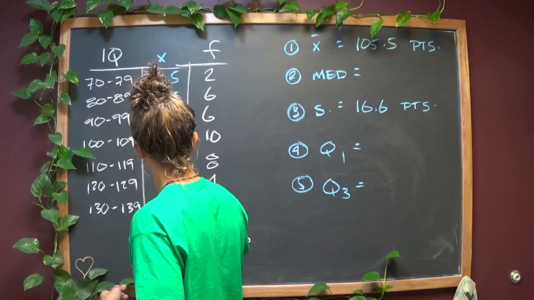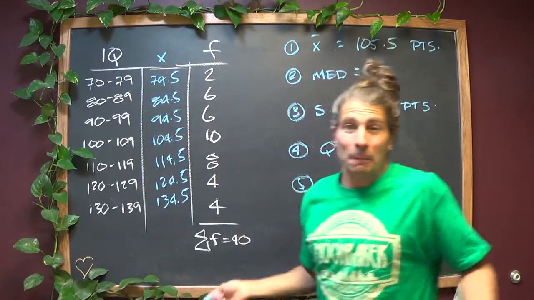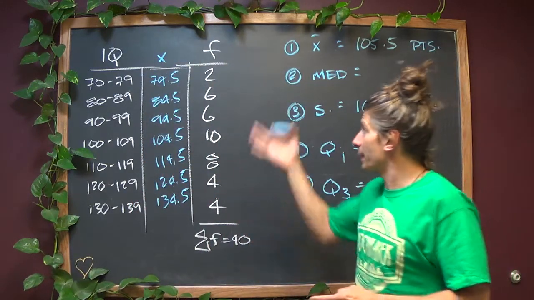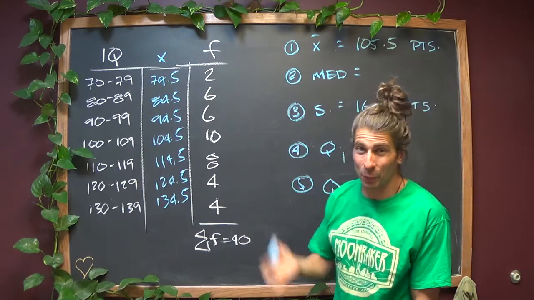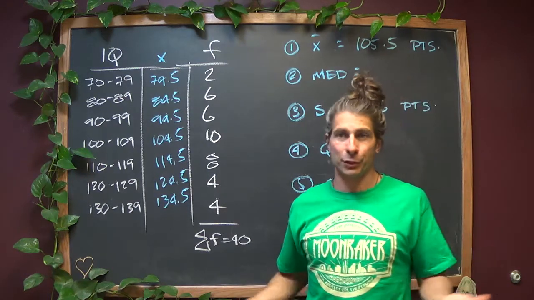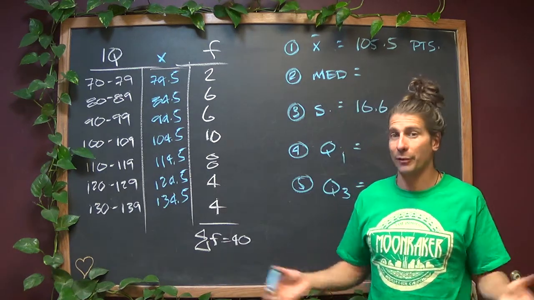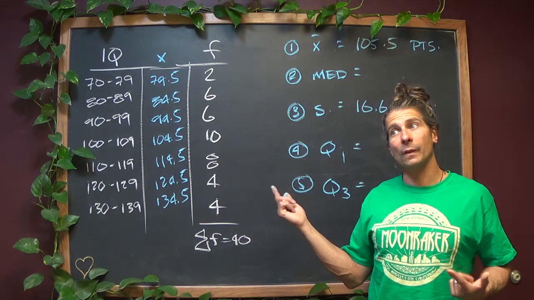104.5, 114.5, 124.5, 134.5. So that's how you have to start it. So you get it going like that, and then you run your average and your standard deviation. Now what I really wanted to do with this was not use tech, although of course I expect you to eventually, if you haven't already. I want to walk you through the